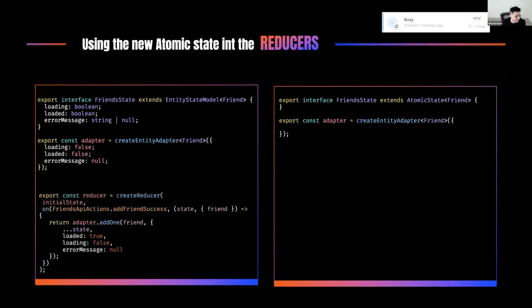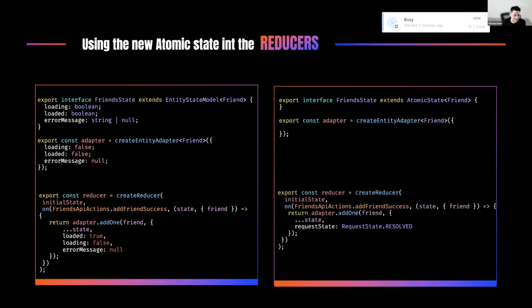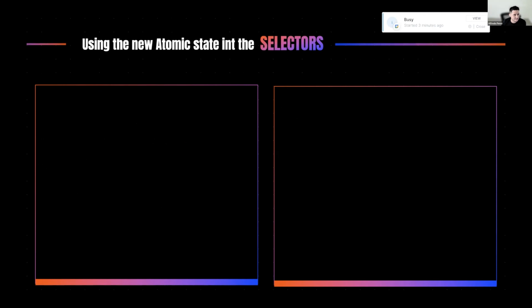Then in the reducer, previously we had to keep track of how we change the state and which one to change. But now with the atomic state, since it's a single property, we can just say, okay, now the request is resolved, or now it has an error, and so on, right? So we can start to see some of the benefits of this, but let's explore this in the selectors.